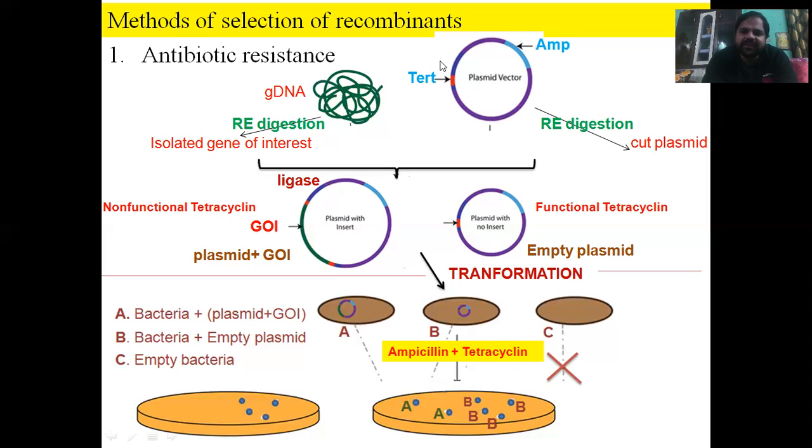One is the tetracycline resistant gene and this one is the ampicillin resistant gene. These resistant genes help the bacteria to be protected from the application of these antibiotics. It means the bacteria having this plasmid will be protected by treatment with either tetracycline or ampicillin